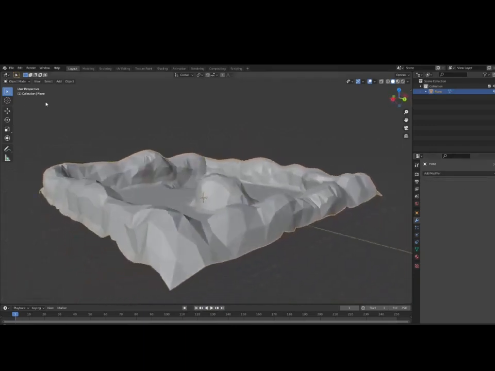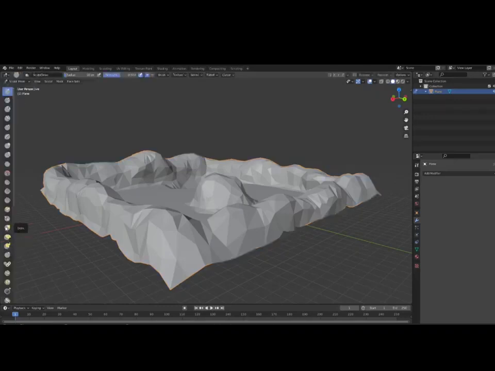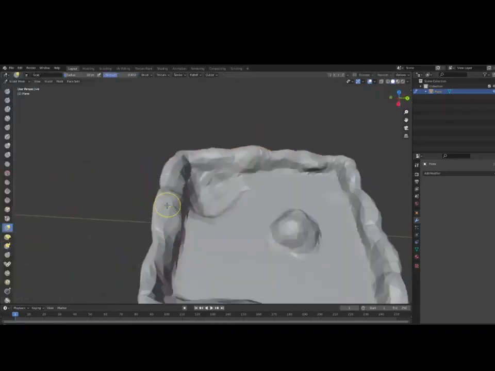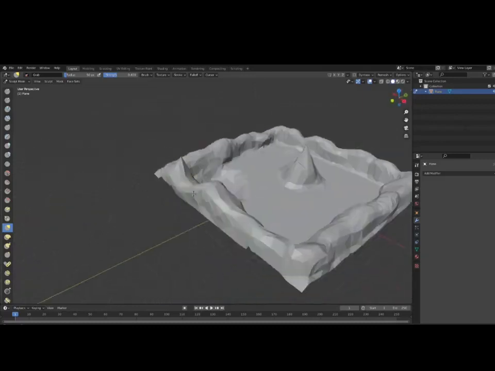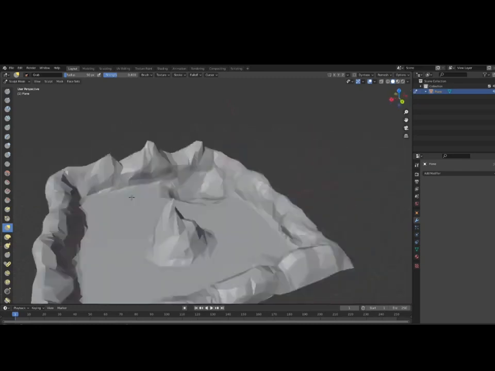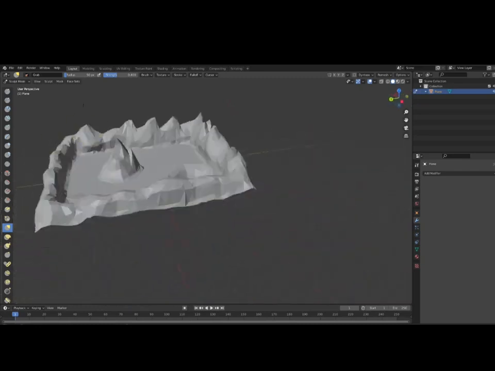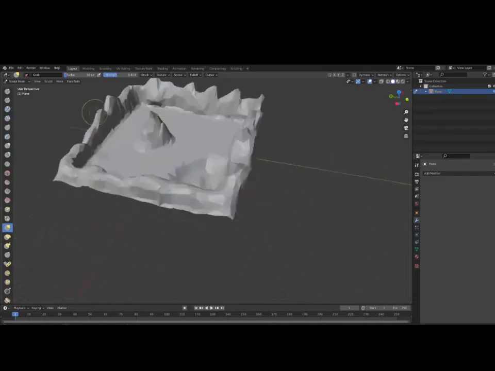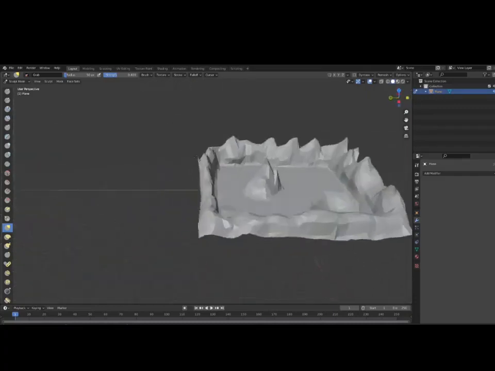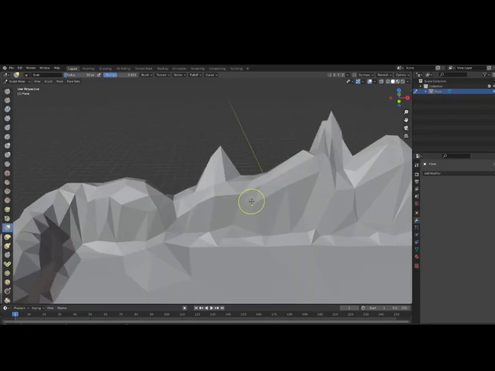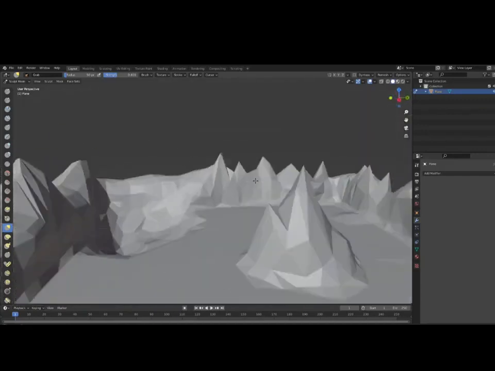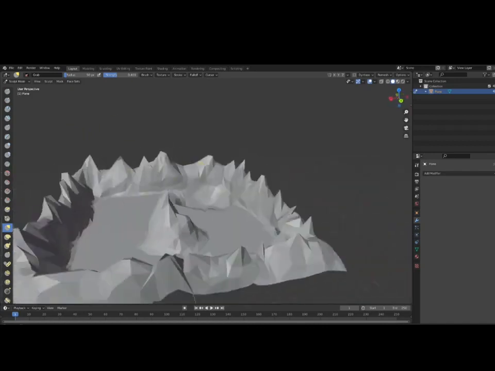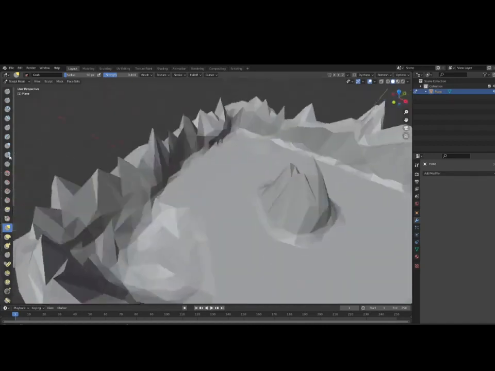I want my mountains to have more of a pointy look, so I go back into sculpt mode, but this time use the grab brush. Using grab I can pull the vertexes I want into position and repeat it everywhere I feel it needed. Once you're happy with the map, we will need to divide our mesh up into different pieces